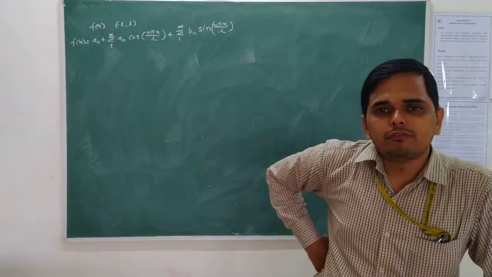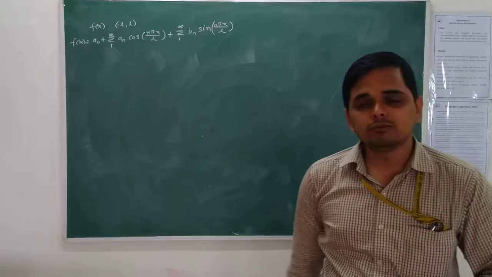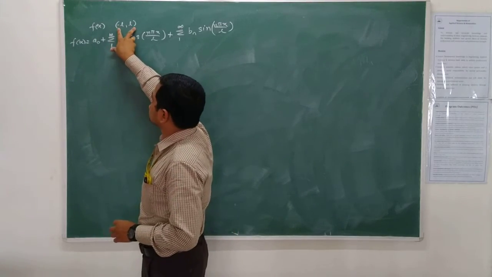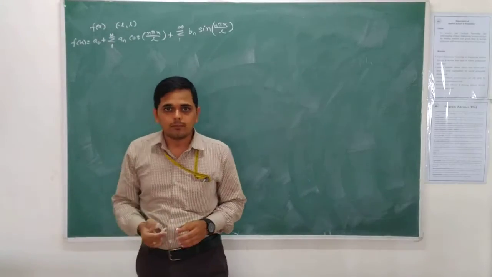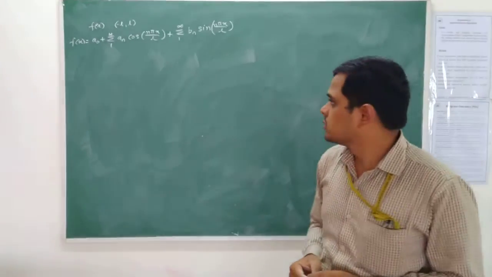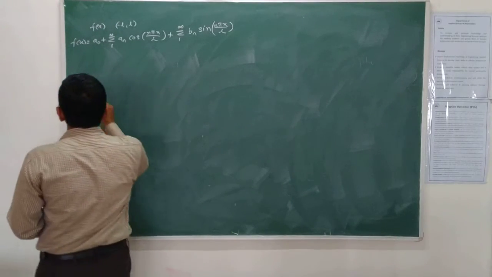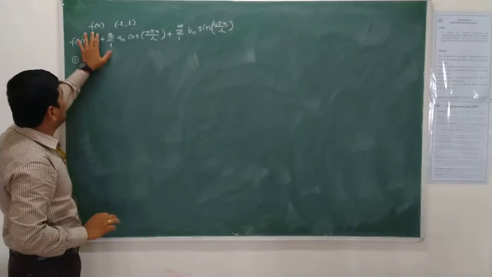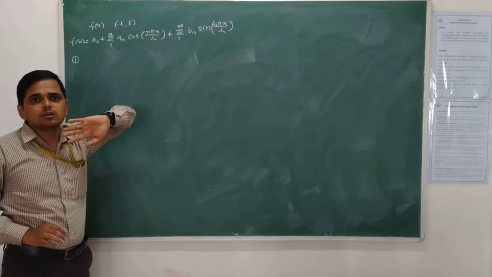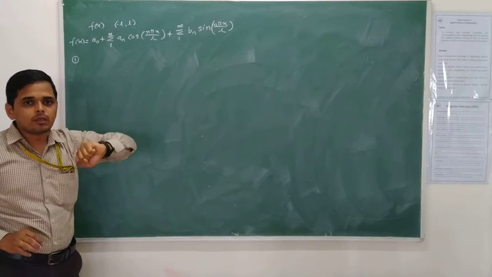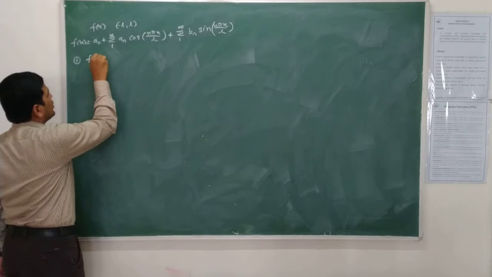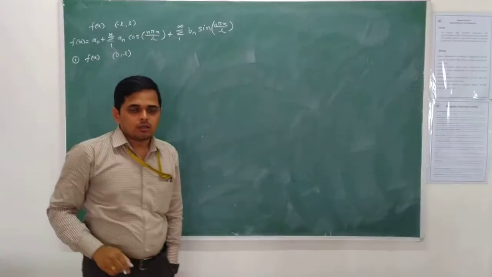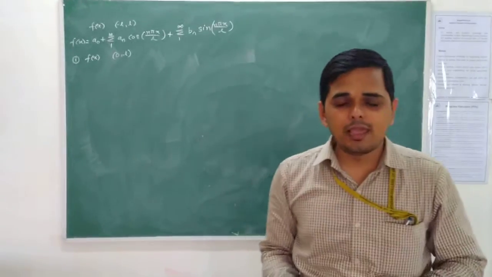Now we are going to define what is meant by a half range cosine series and what is meant by a half range sine series. See that the period of the function is 2l, so the range of this interval is again 2l. Now we are going to define a half range series. Why is it called half range? Because we are defining this function over the half range of its total period. Suppose f of x is a function with period 2l, and we define the function f of x in the interval 0, l only.